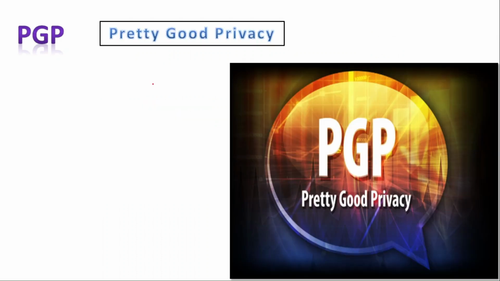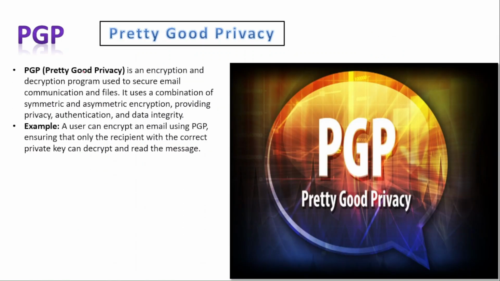PGP, that is Pretty Good Privacy. So PGP, or Pretty Good Privacy, is an encryption and decryption program used to secure mail communication and files. It uses a combination of symmetric and asymmetric encryption, providing privacy, authentication, and data integrity. Example, a user can encrypt an email using PGP, ensuring that only the recipient with the correct private key can decrypt and